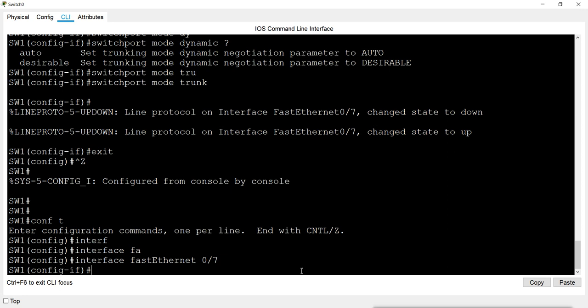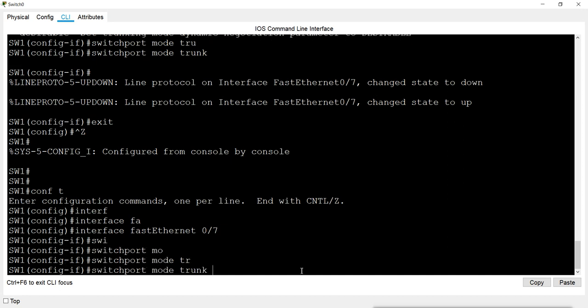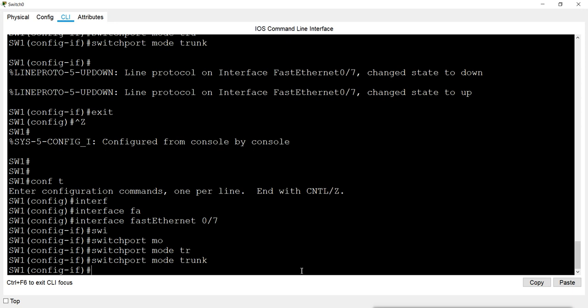After converting it to trunk, you give a command to change the encapsulation protocol. And the command is encapsulation.